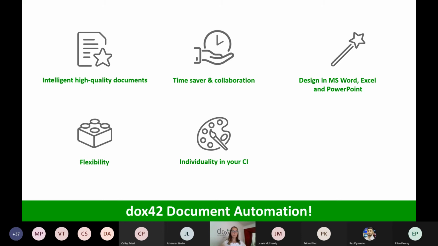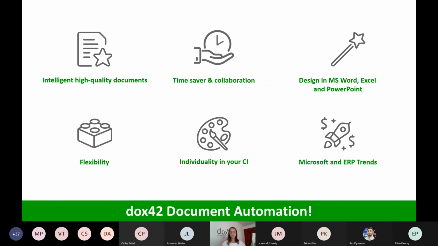And which goes very much in the direction of the design part. You can easily adapt or integrate your CI into your documents. So as mentioned, you can just go ahead and change the logo or change an advertisement, for example. This is very fast with Docs42. And last but not least, we're very flexible to react to Microsoft and general ERP trends.